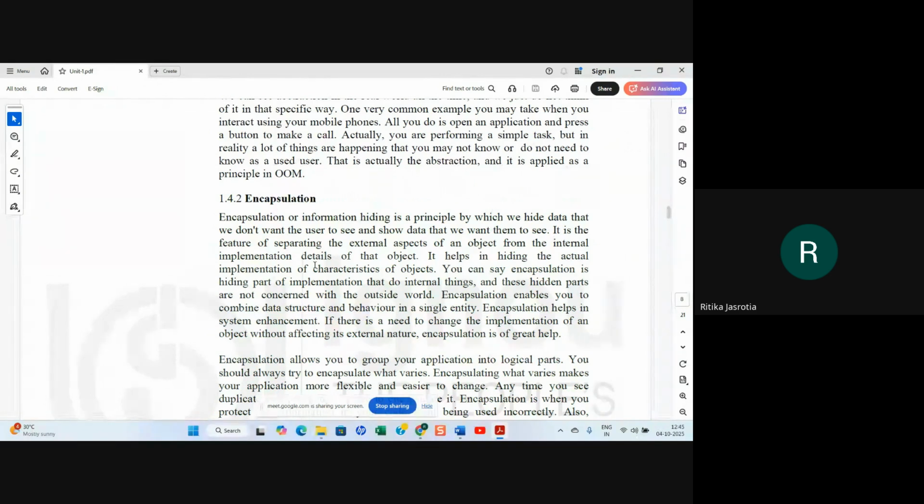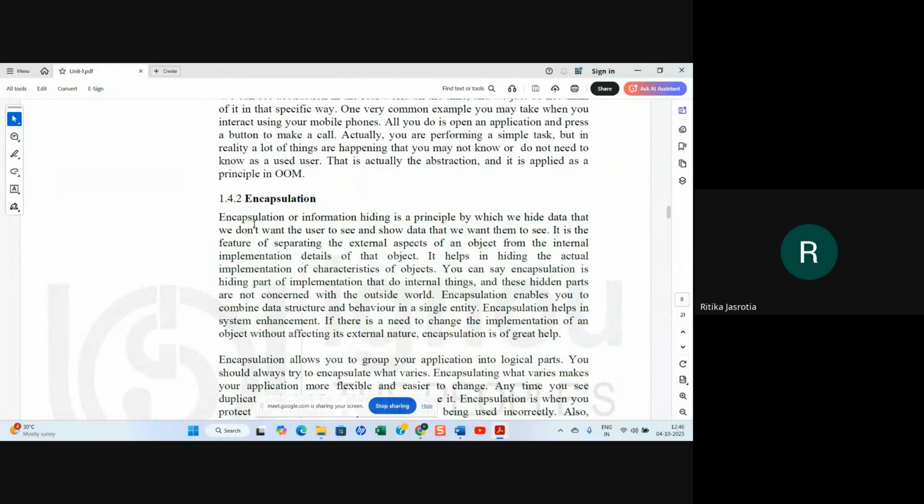So you can access some parts as public. You have three access specifiers of a class: public, private, and protected. Some functions or properties you want the user to access from outside, so you give access by making them public, and some of them you don't want to show to the outside user, so you make them private or protected. So that is encapsulation. You are hiding information.